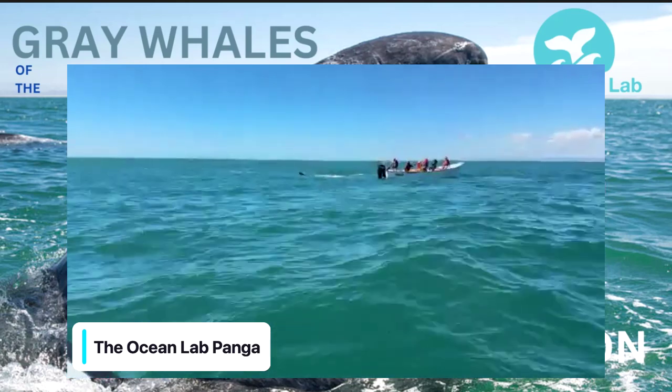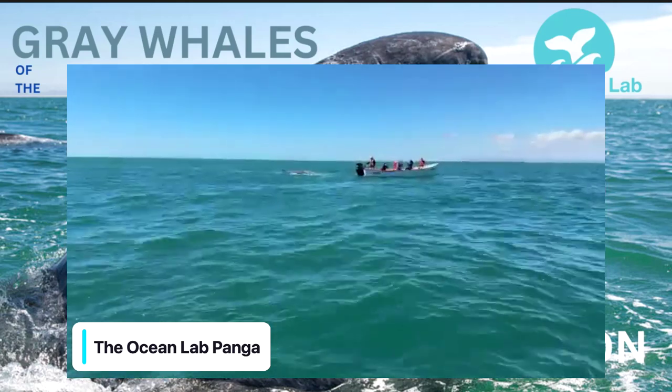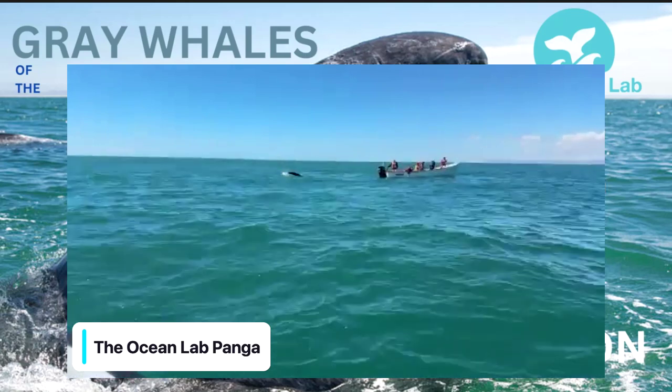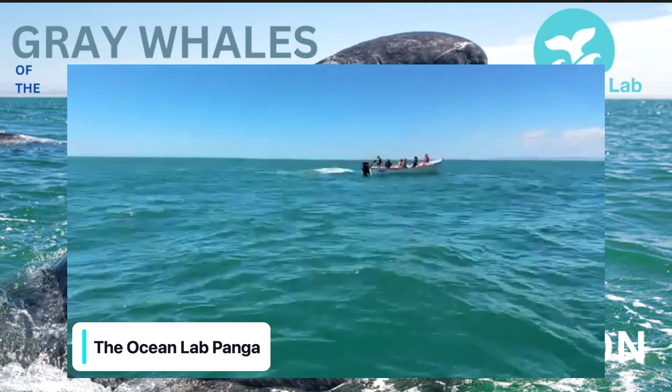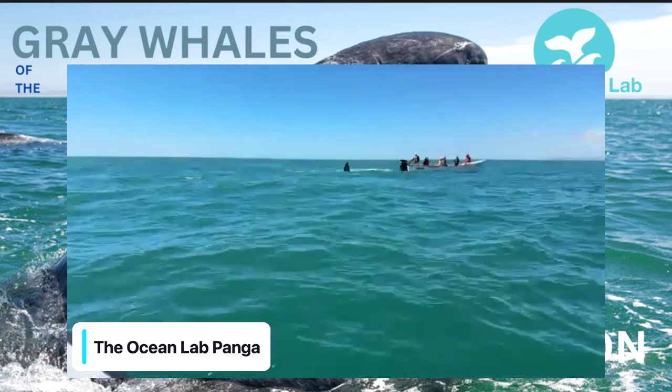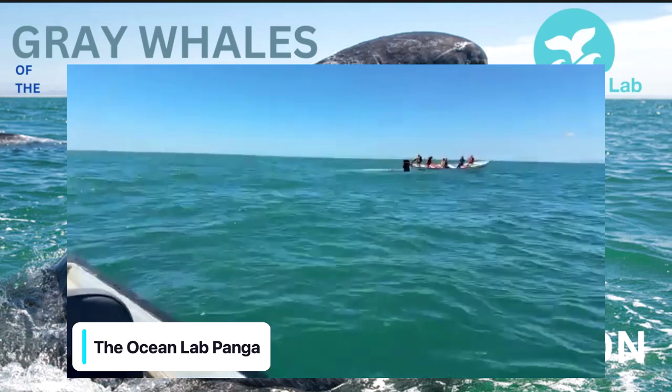If you want to just work on the ocean and you don't care about whales in particular, there's so many things you can do. You can work at an aquarium. You can get a job as a consultant. You can try to get a job with the government, doing projects and being a field biologist. So there's so many opportunities out there, but the number one thing I would say would be to start early